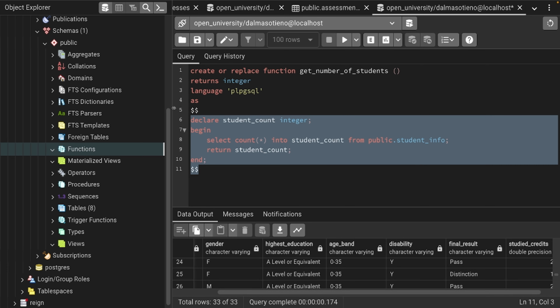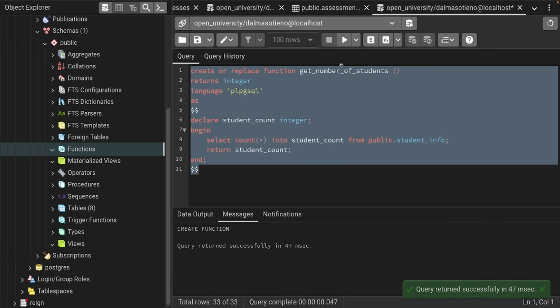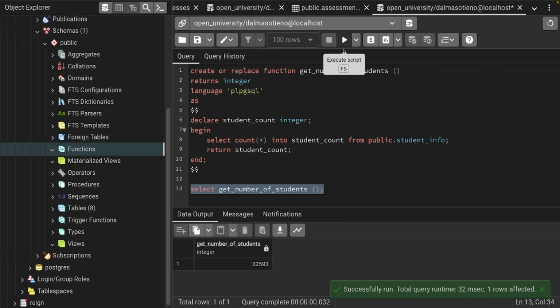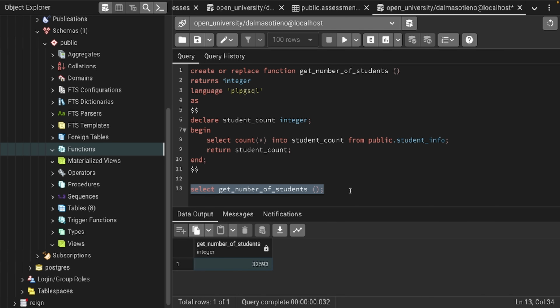So let me run this, and you can see that the create function is successful. So how do you invoke this function? I'm going to write it here. So we're going to invoke it through select, and we're going to select this. This should return to us the count of students in the student info table. So let's try this. We can see we have 32,593 students,